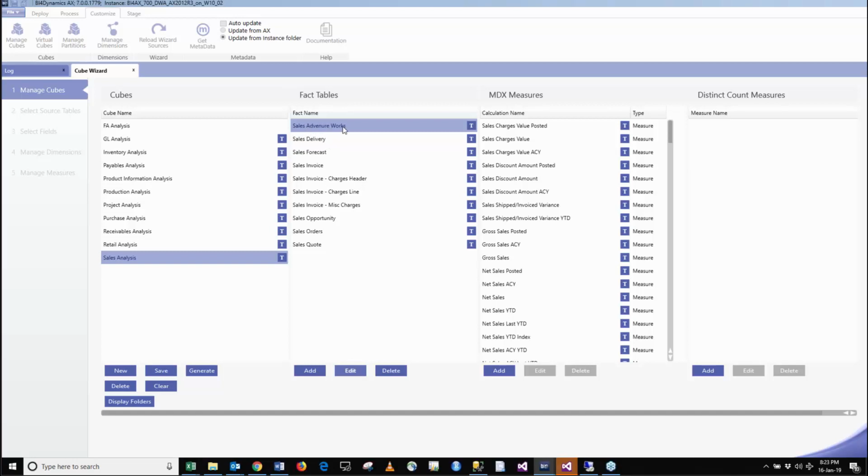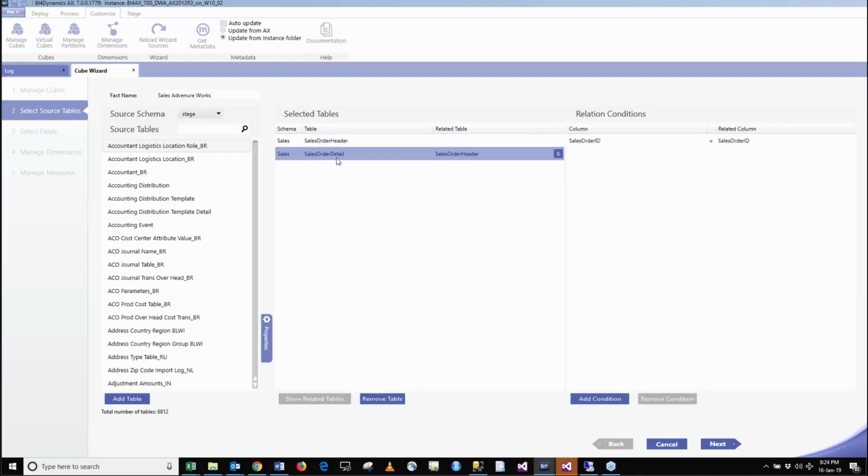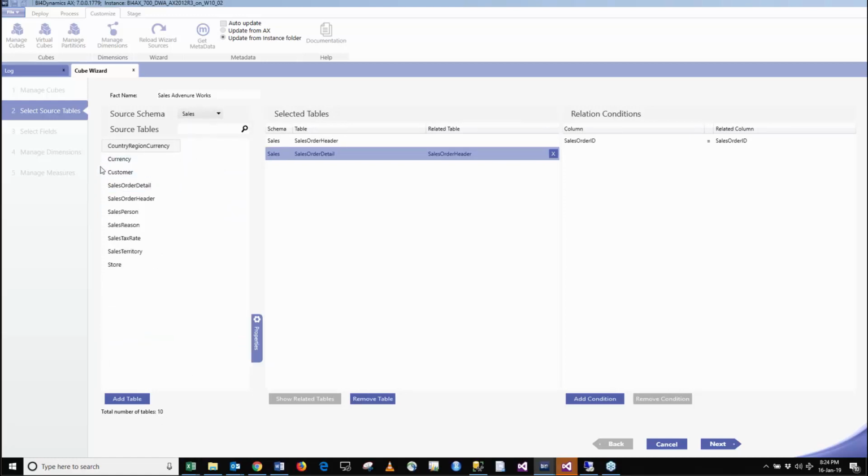You don't really see it from here if you haven't been designing it, but actually this fact has been created from external tables, from the Microsoft demo database AdventureWorks. So we are not going to source information from the AX, but we are going to look for this information in tables that are in the sales schema. How do these